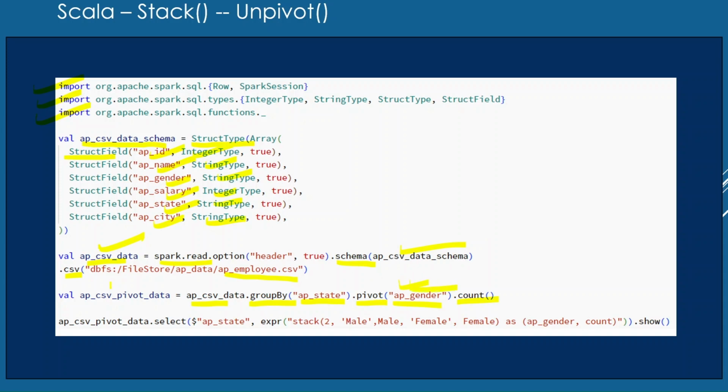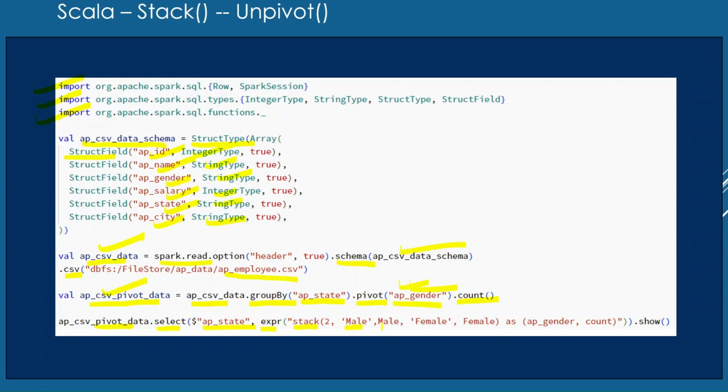this pivoted columns value. Once this data frame gets created, then again I am going to unpivot this pivoted data frame. Now I want to unpivot it. So how can I do the unpivot? We can do it with the help of a stack function. So let's see what I have done here. First, on the pivoted data frame, I am just selecting the required columns on which we have done the group by, and then with the expr function I am using this stack function, and I am